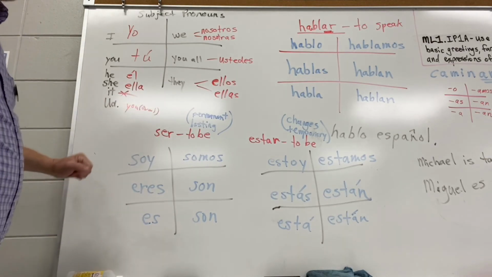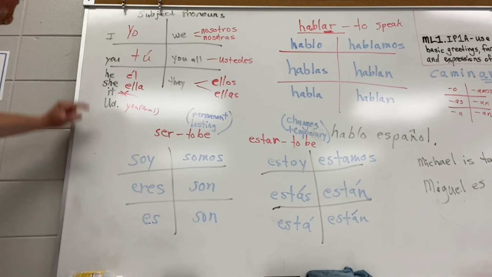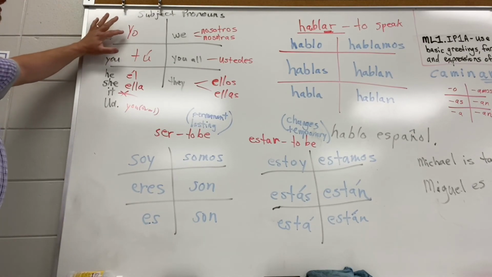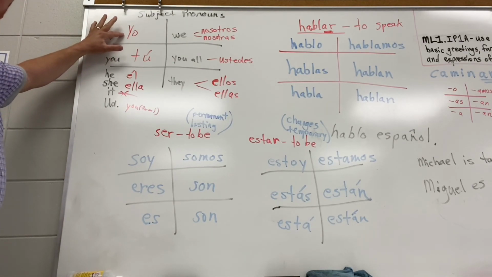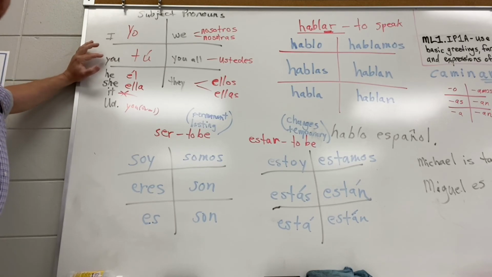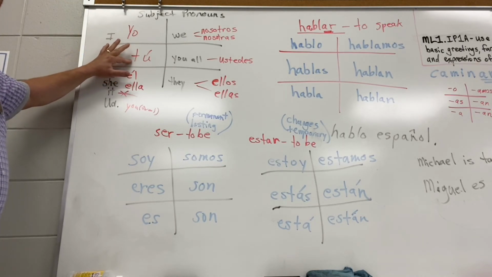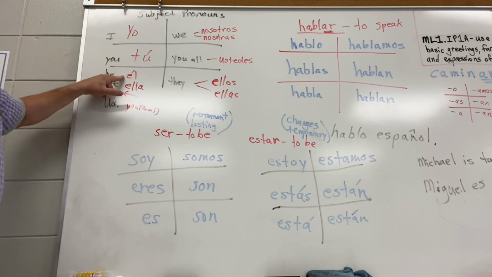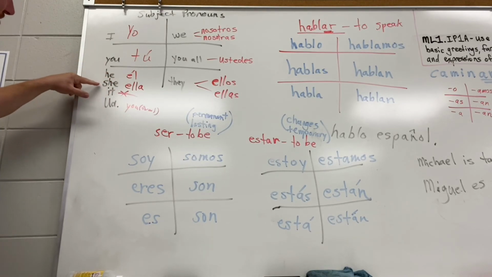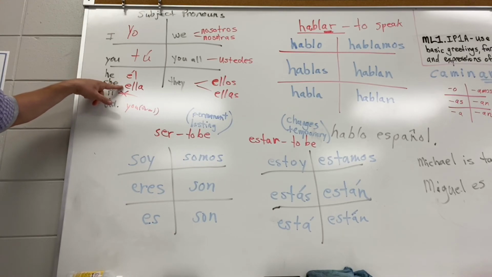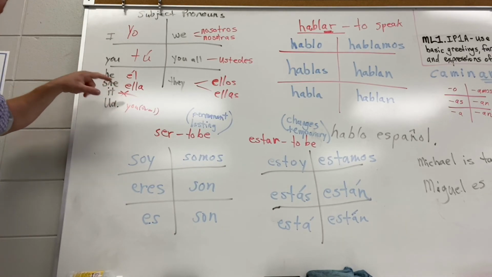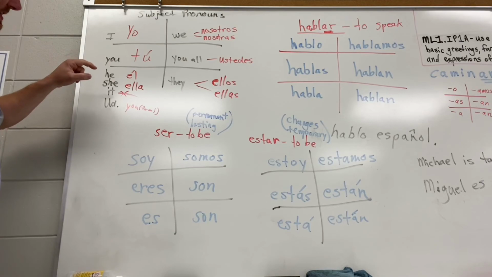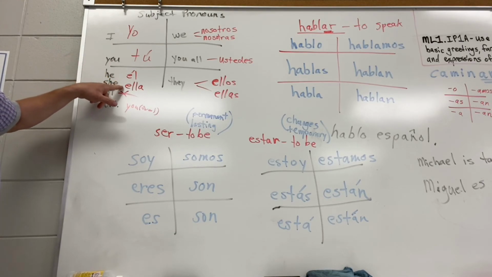Now in Spanish we have equivalents, of course. For I we have yo, yo. For you we have tú, which is the informal one. And for he we have él with an accent on the e. For she we have ella. Notice ella has a double L and it's pronounced ya. The double L is a ya sound, ella.